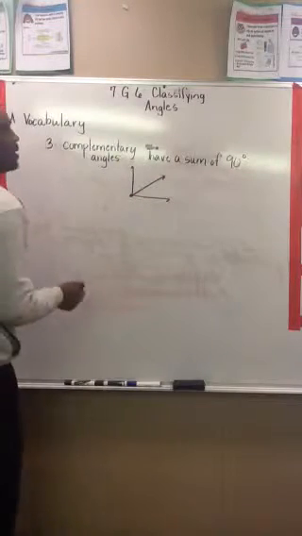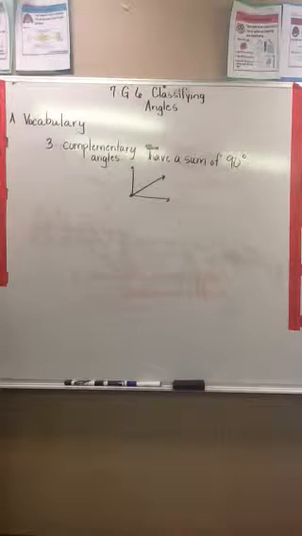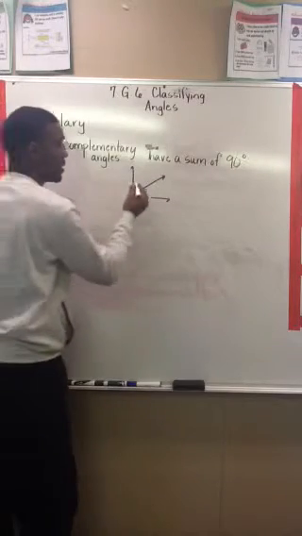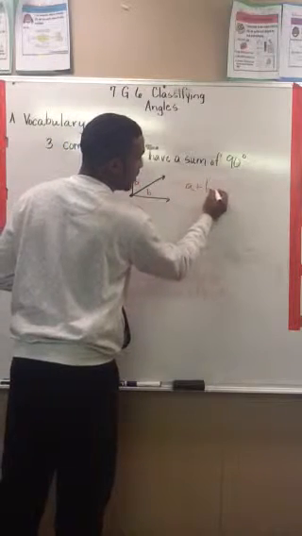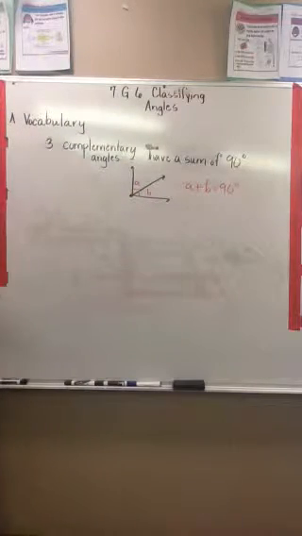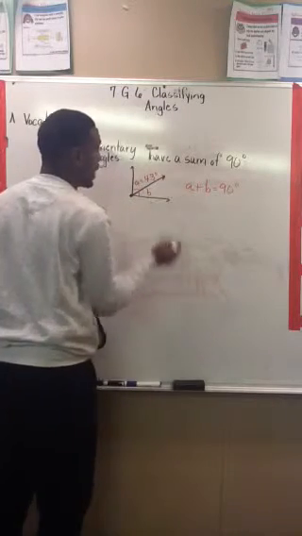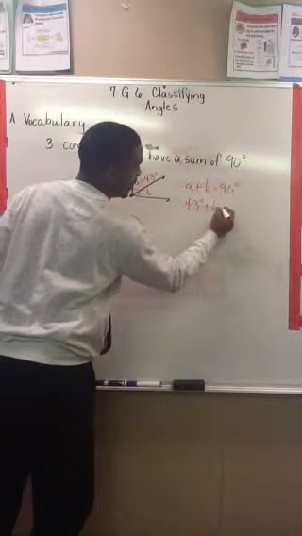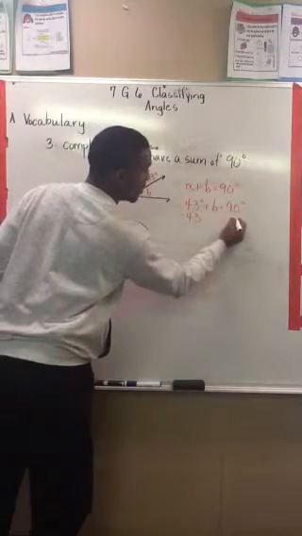as you can see, a transversal has cut this angle off and split this 90-degree angle into two separate pieces. If I gave this one A and this one B, we know that A plus B is equal to 90 degrees. And I know this because there makes a right angle. Okay? If I told you this one was 43 degrees, you had to find B. We know that 43 degrees plus B is equal to 90 degrees. So 90 minus 43